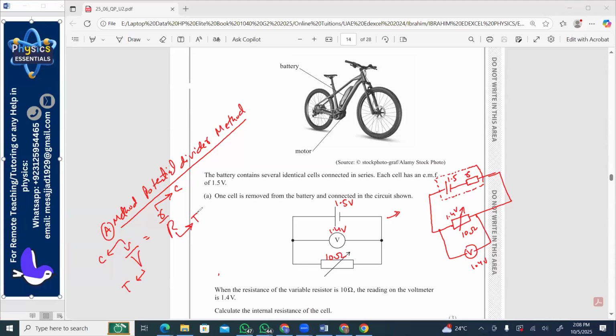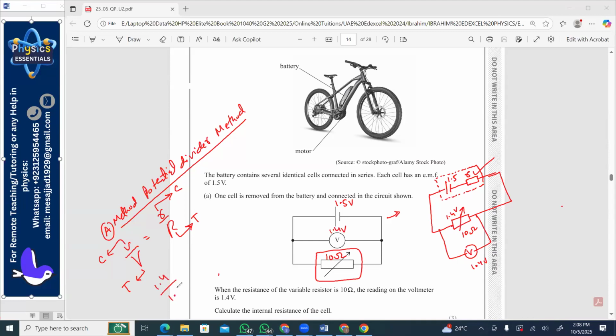Okay. Now my chosen component is this one. You can choose any component of the circuit. Any component. You can even use a small resistor. You can even use a small resistance r. No worries. So my chosen component is the variable resistor, and for that my voltage is 1.4, and